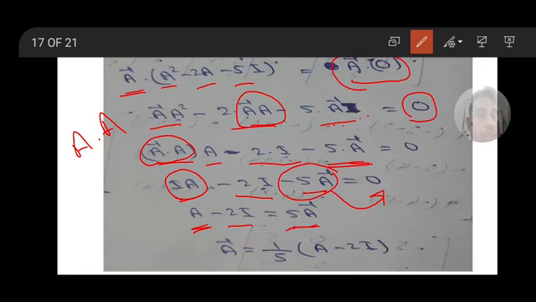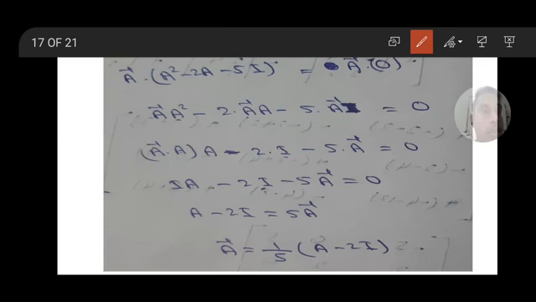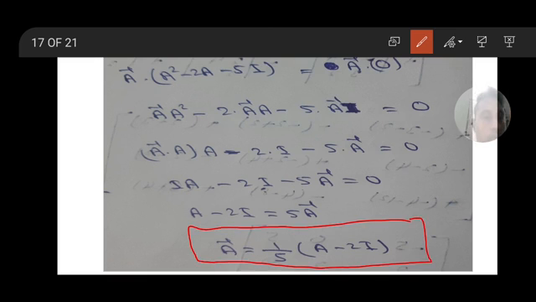Therefore, this 5 will come to the other side, multiplying. So 1 by 5 into A inverse equals 1 by 5 into A minus 2I. So we got the A inverse formula, 1 by 5 into A minus 2I. Okay, so next,